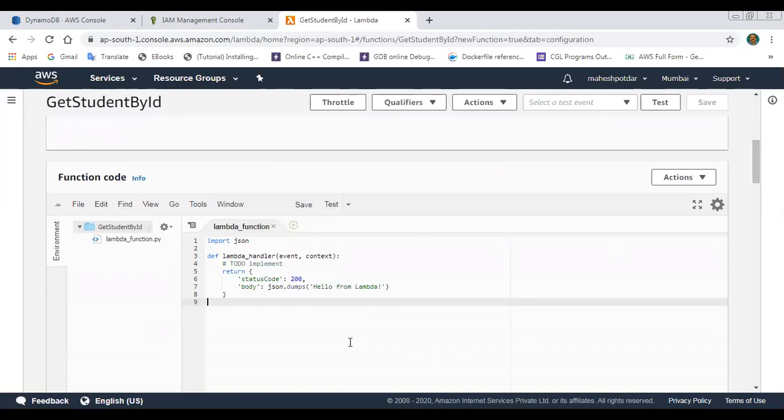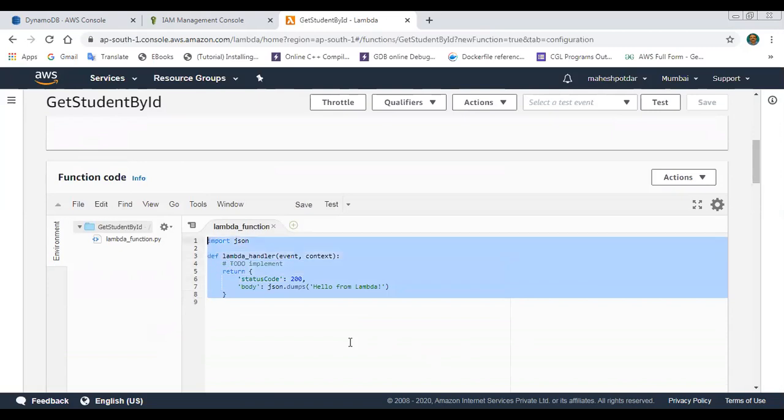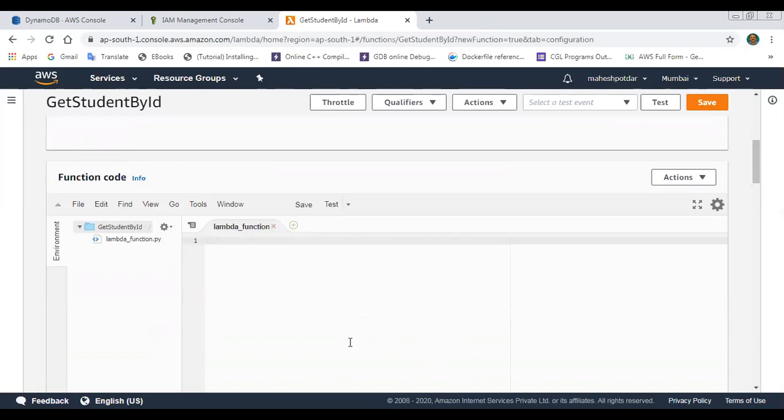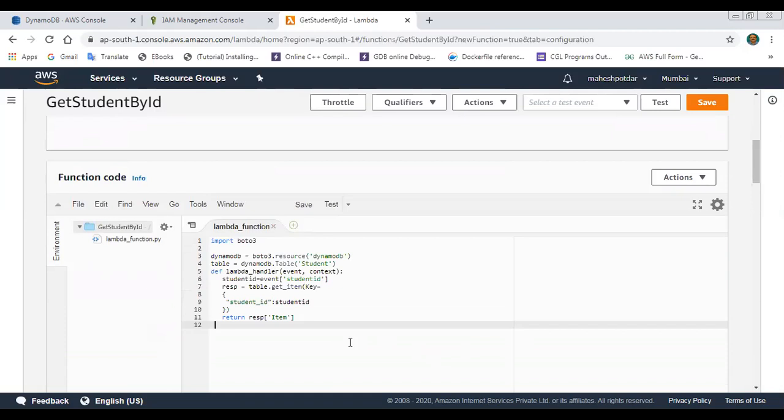So see here, to write the function, the environment is again provided by Amazon. So I'm writing the Lambda function to retrieve the data from the database. This is the function I have written. I'm going to explain this function. Here in the Lambda function, I have imported one library. The library name is Boto3. So what is Boto?